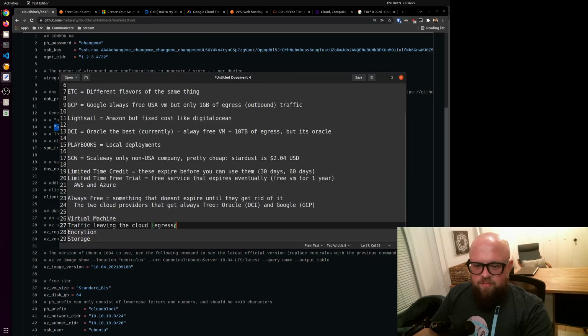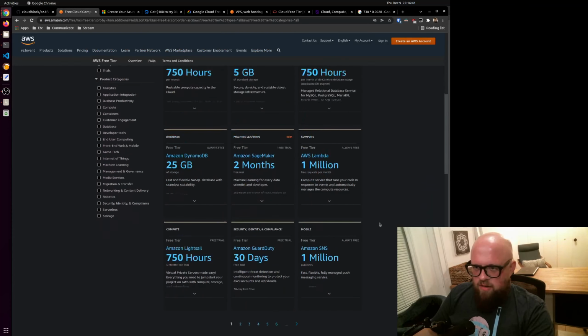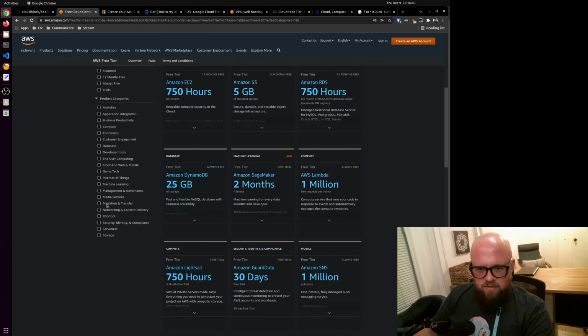What else do we have? Oh, and that's where Lightsail comes into play. So why would I have an option for AWS and another Amazon product, Lightsail? AWS, I don't know if they show here how much egress traffic you get. Let's see if they have compute. Maybe it's in here.